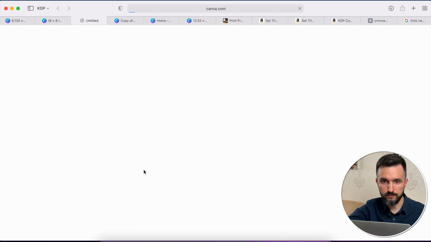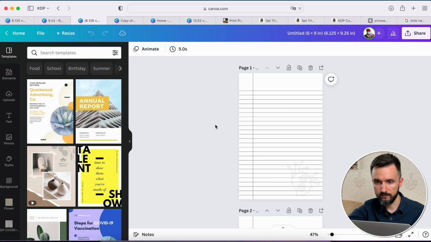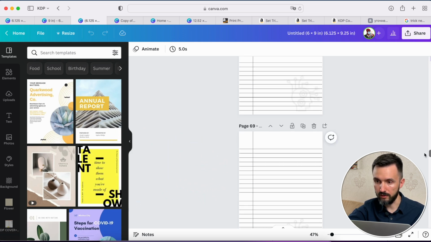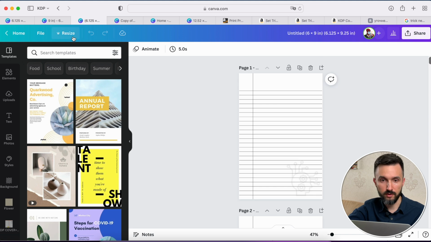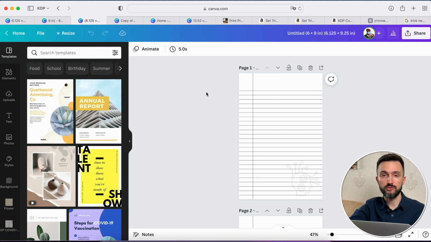Copy and resize. And here you go, the same 120 pages in the new size 6.125 by 9.25. So in a few seconds you can resize all your interior, but this feature is only for the premium version of Canva.